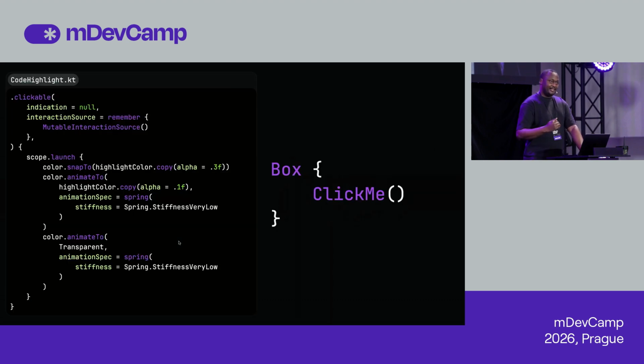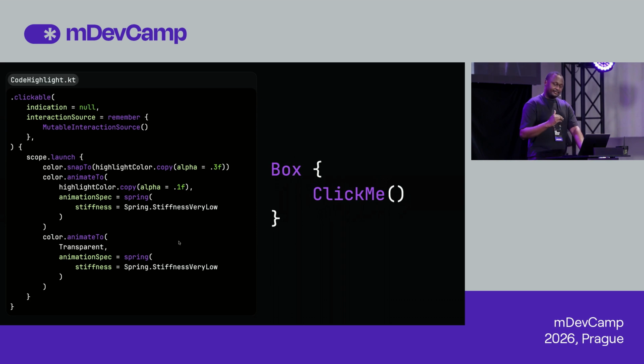And to get even more meta, I also have a composable for displaying the code. It passes the Kotlin code and figures out what to highlight in terms of the syntax. But I also have this animation. Whenever I click something, it starts a coroutine and animates the color of the background and the border. As you can see,